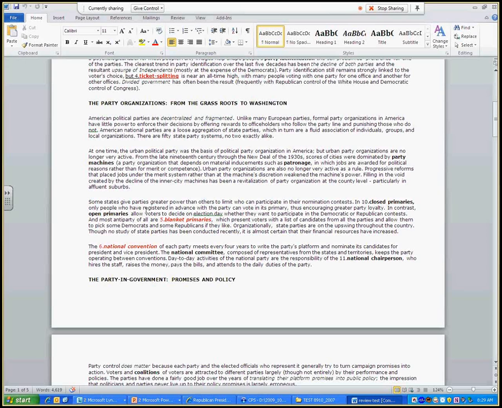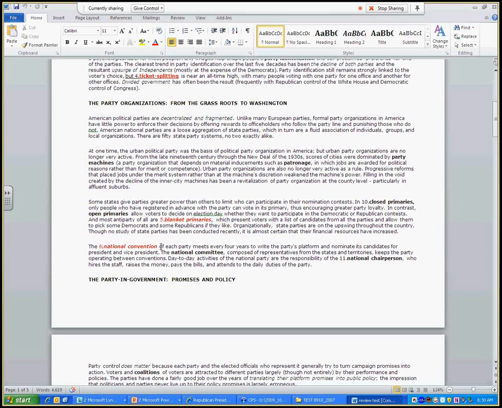Now, the blanket primary is maybe what we all like, although very few states use a blanket primary. Blanket primary, they will have Republicans and Democrats on the same ballot, so you can split your ticket. Most of the states use a closed primary to stop what's called raiding. I mean, we talked in class where raiding is when one party will go vote in another party's primary just to mess them up.